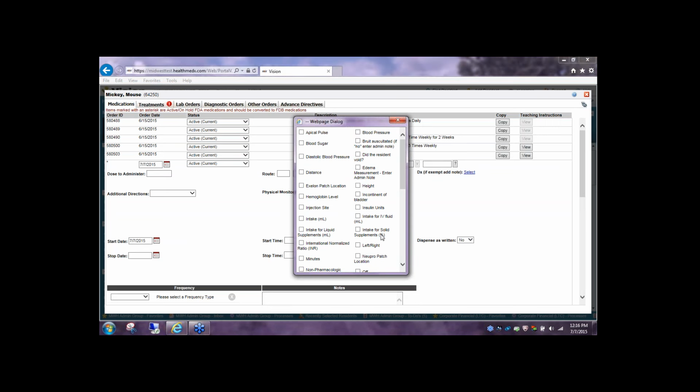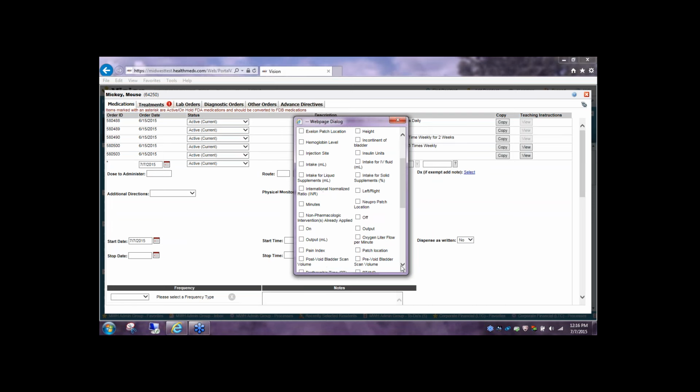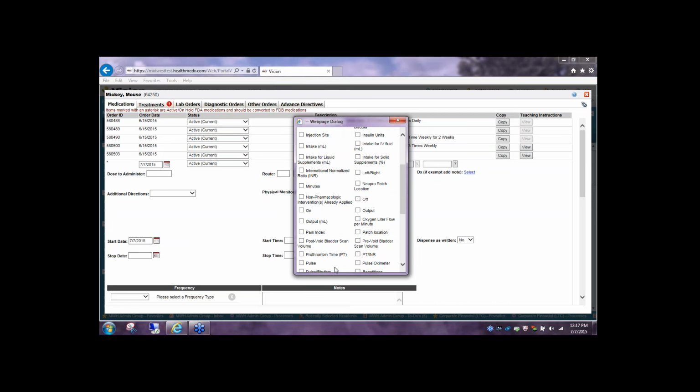With the physical monitors, you will note that now the INR and the PT can either be both selected, or if you're just wanting to monitor the INR, you can just select the INR. Per HealthMEDX recommendation, all orders containing the dual PT INR need to be converted to either just the prothrombin time, just the INR, or both of them by